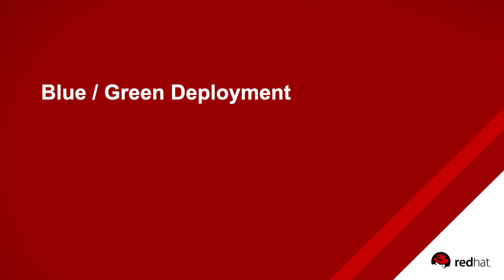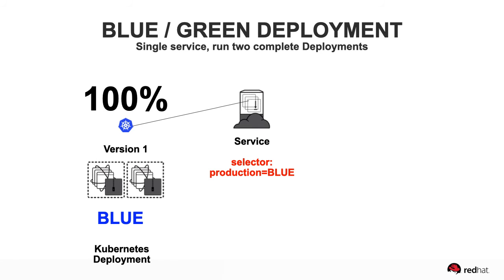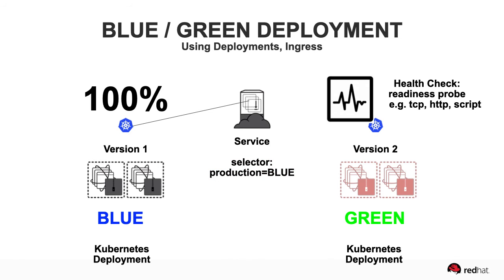Another option is the blue-green deployment. This has a little bit lower risk because here I'm deploying my blue environment with version 1. All my traffic's going to that, and my selector is routing that through the service. But then I have version 2, and I'll call that the green environment. So that application can be deployed in a completely